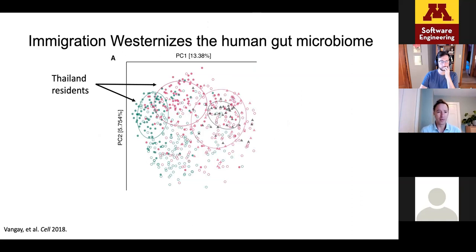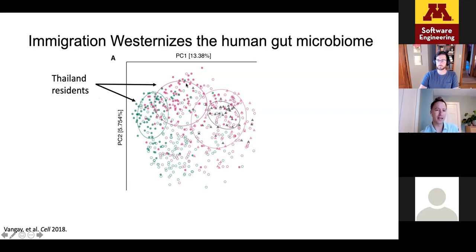And that's what we did with these data. And there were some really obvious trends. When we first looked at the data, it was like a giant blob. But then when we colored it by the different immigration groups and ethnic groups, it was pretty obvious what was going on. So these two circles on the left are encircling one or two standard deviations, a 95% confidence interval of the